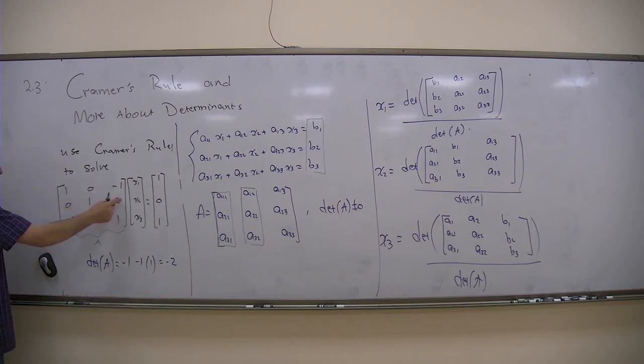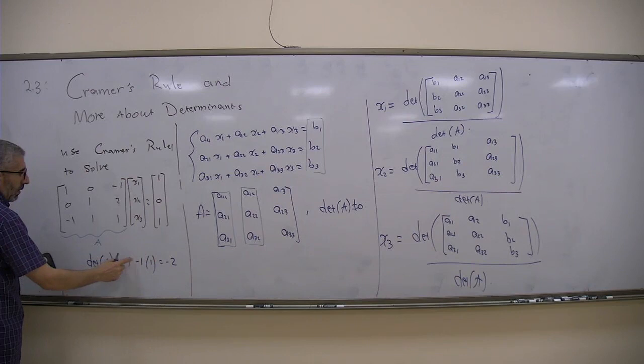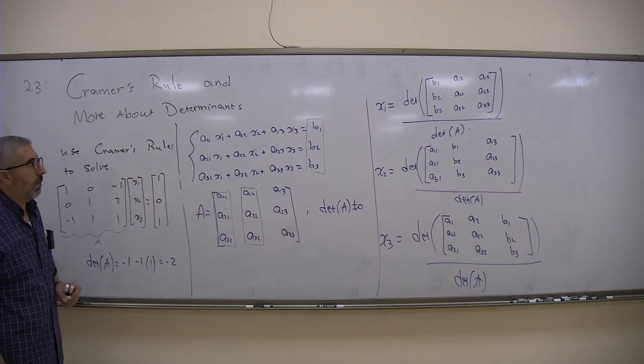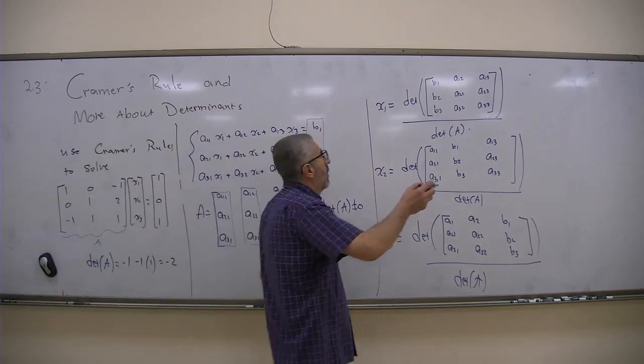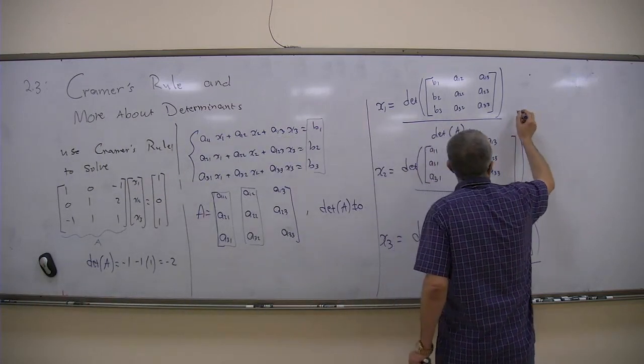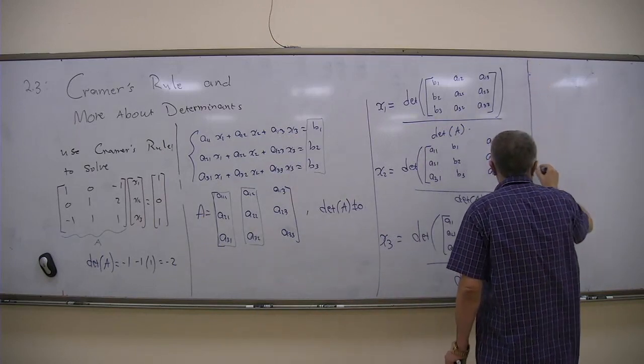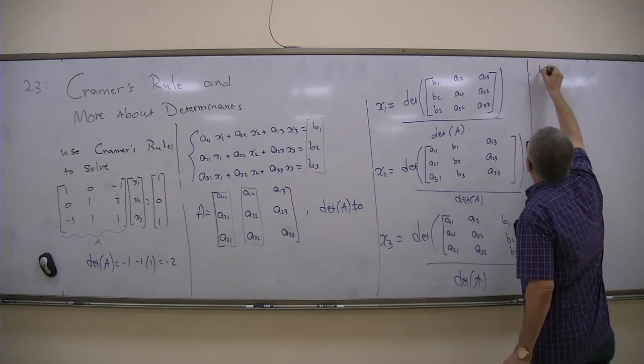1, here 1 minus 2, that is negative 1, and then 0, then here negative 1 multiplied by 0 minus negative 1, that is 1. So minus 1 times 1, so that is negative 2. That is not 0, so yes, we can use Cramer's rule. Okay, so in our example,